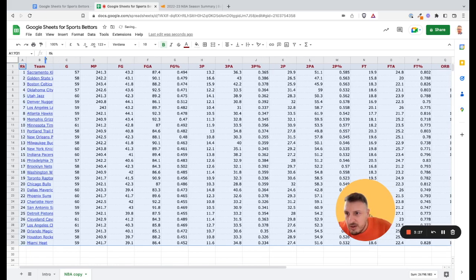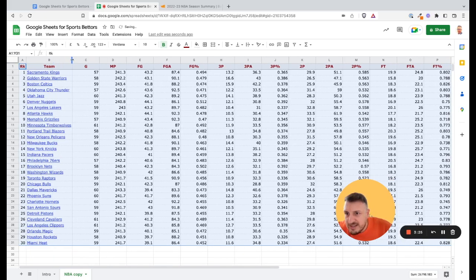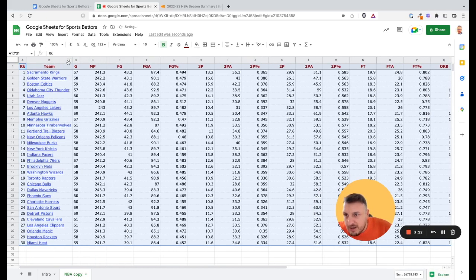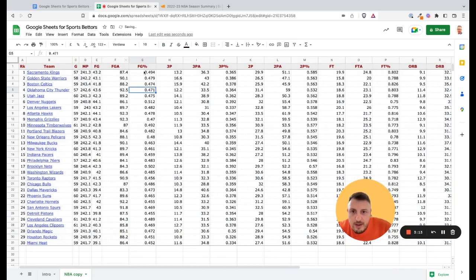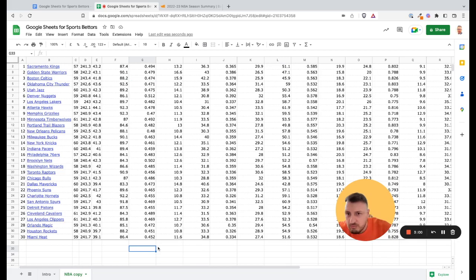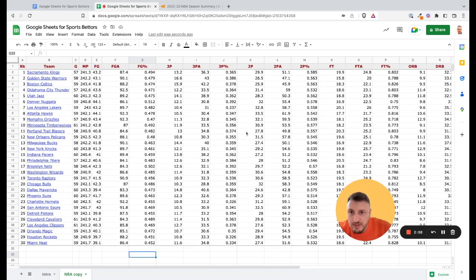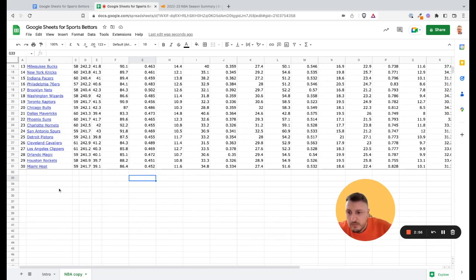Then you can also adjust these columns with double click. You need to go with mouse over here. You will see a small arrow, double click, and it will shorten this. Okay, those are just small corrections that you can make, but this is one way how you can import data into your spreadsheet. And right now you can already use those numbers, but there's also a third way, and we can use import